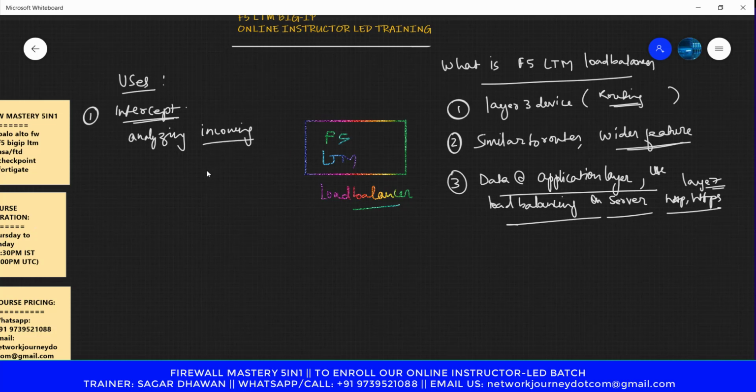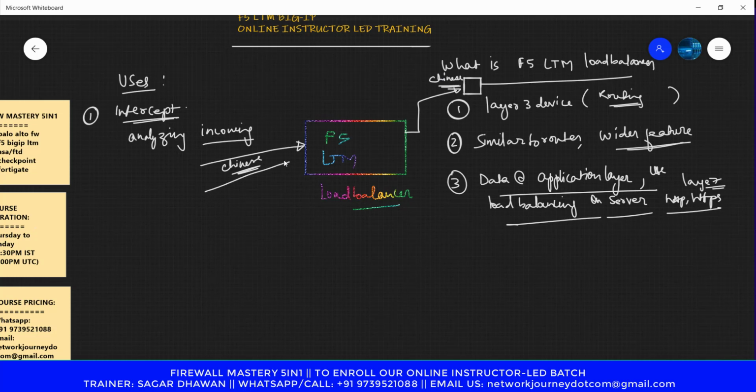So let's say traffic just enters inside F5, and this traffic is from a Chinese user. F5 will read the incoming traffic and push it to the backend server, the server which has the Chinese database.